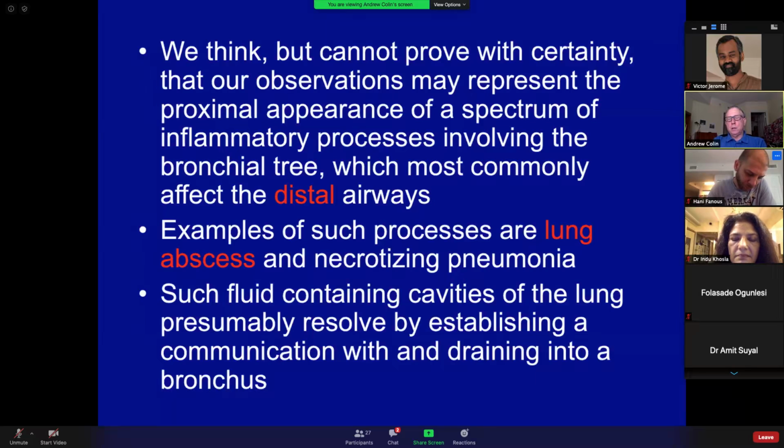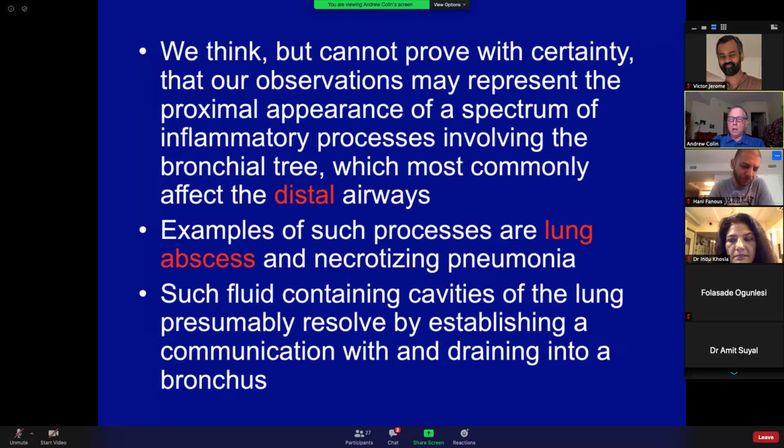And the other one is that there is actually a communication with the bronchus into the lumen of this abscess, and that eventually the abscess completely drains into the bronchus and leaves behind a shadow, which typically we call a pneumatocyl, that may persist for a long, long time in abscesses, but much less so in